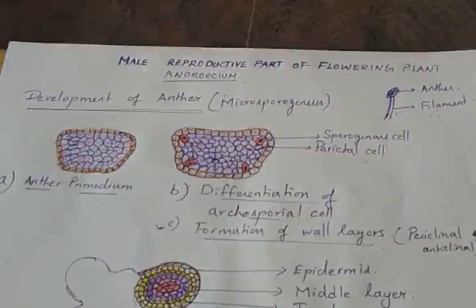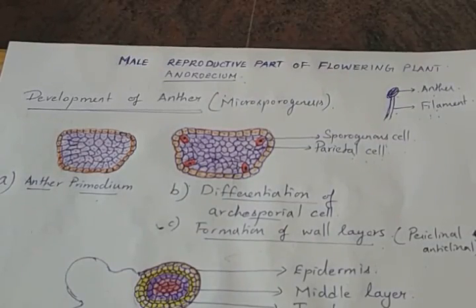Good morning, children. In the last video we saw asexual reproduction in plants. Now we are going to see sexual reproduction in flowering plants. We all know that the flower is the reproductive organ of the plant, in which the male and female reproductive organs are androecium and gynoecium.